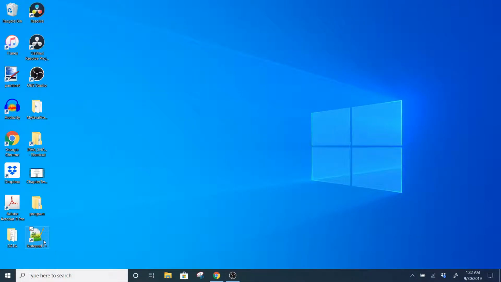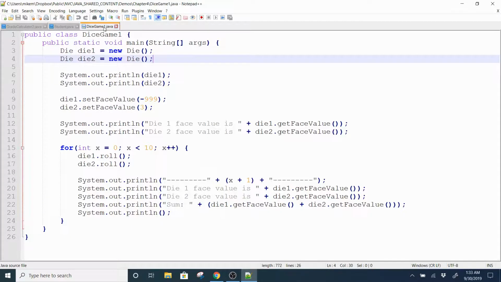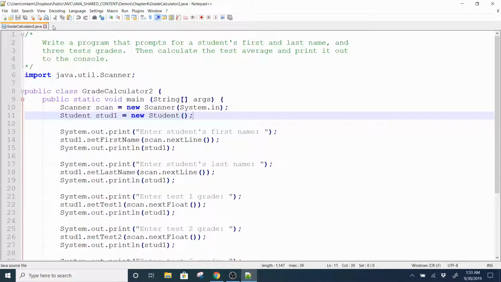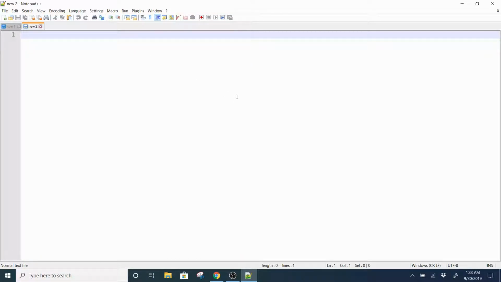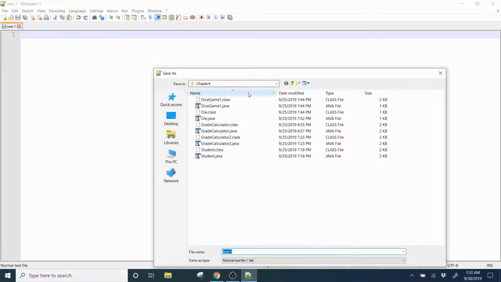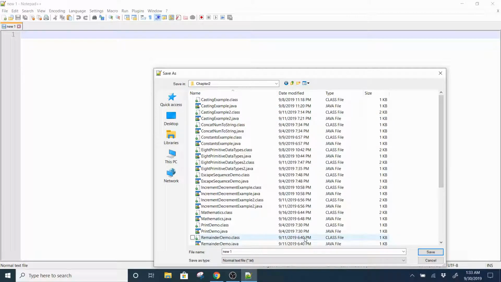Okay, so I'm going to go ahead and open up an example. Or excuse me, I'm going to do an example. I'm going to go ahead and open up Notepad++. So I am going to create a file. Let me see. So new. Already had a new file open. Okay, so I'm going to go save this. And I'm going to put this in chapter 2. So this is going to be in Dropbox. And I'm going to label this